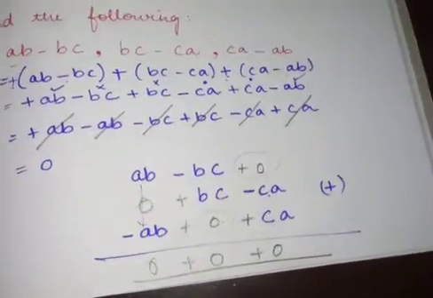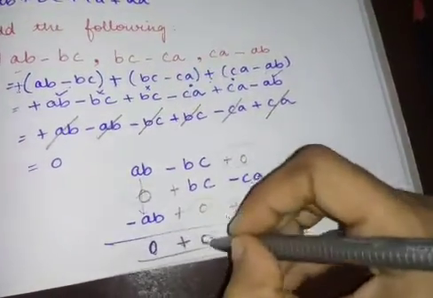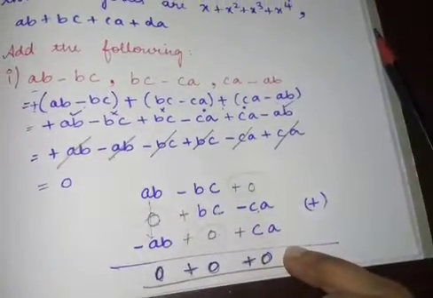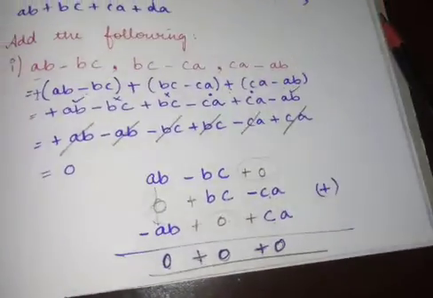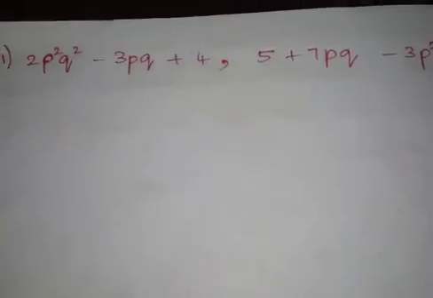Okay, every answer which I am getting is 0. So my final answer is nothing but 0. See, this also I got 0. Here also I got 0. Both are correct, but you can use either one of the methods. Okay. The second problem is your homework. You have to do both the ways in the second problem.